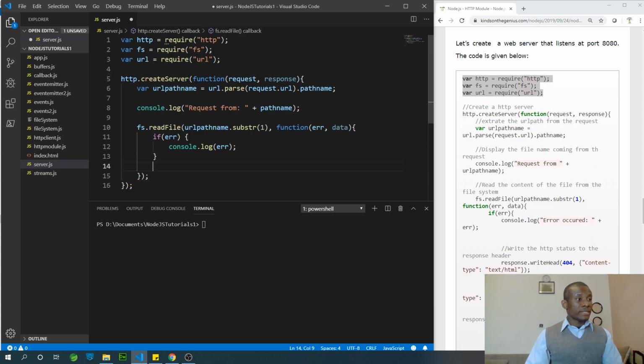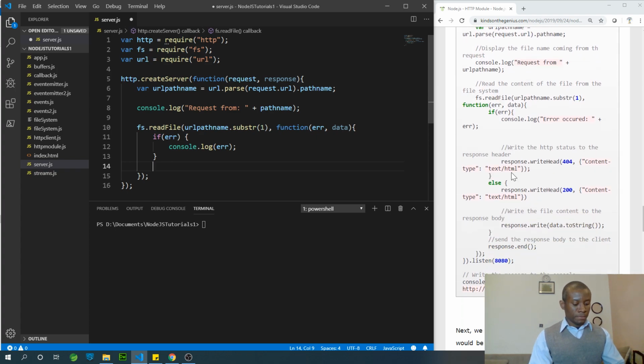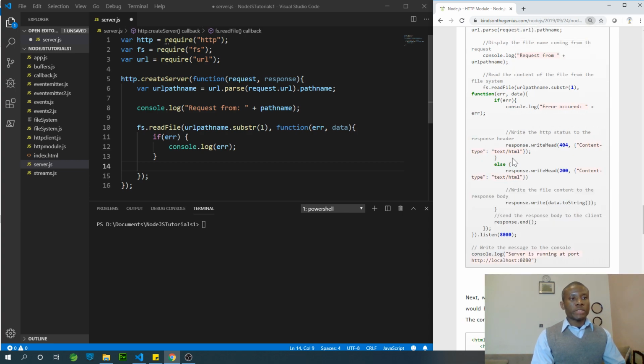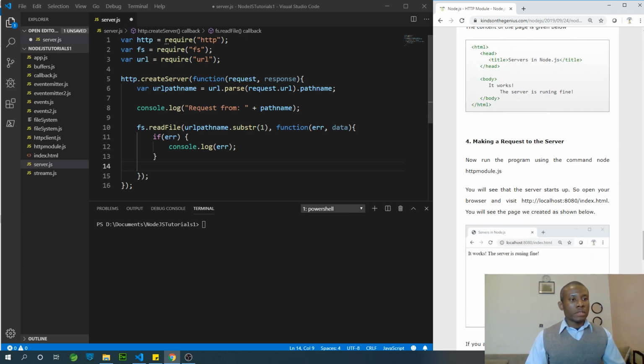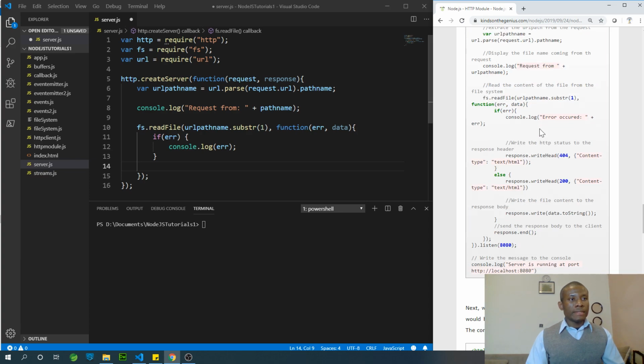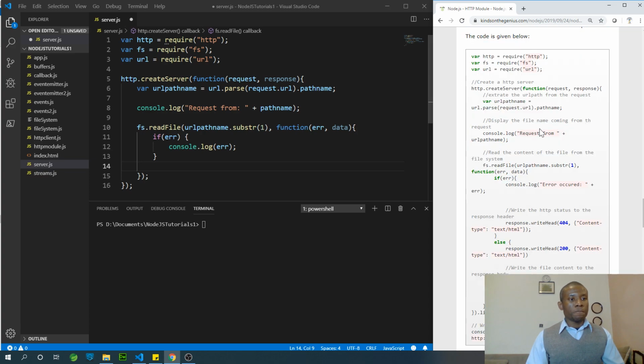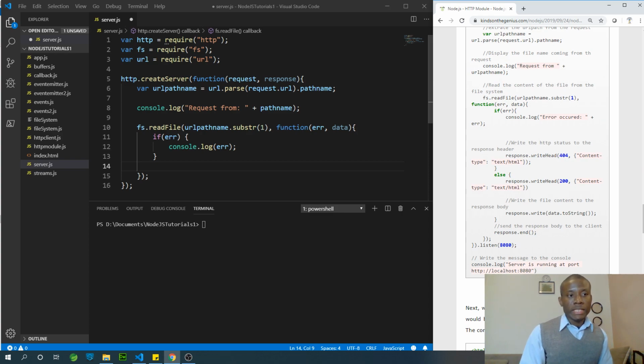So instead of using else, because we have only two options, error occurs or error doesn't occur. So error did not occur, and it means I will have response. Okay, so let me explain this because this is important. Let me scroll up a bit. So if the file is read successfully, then we are going to write the contents out to